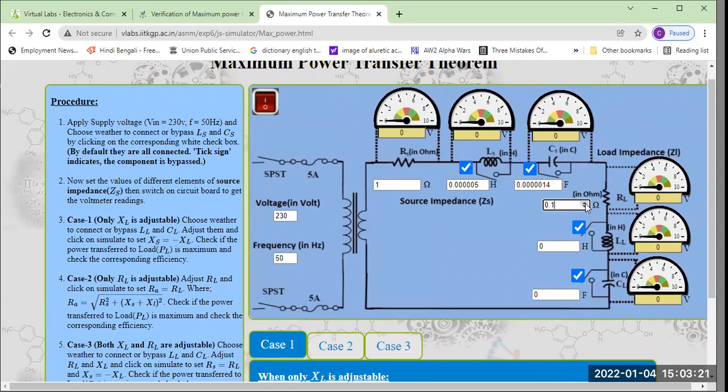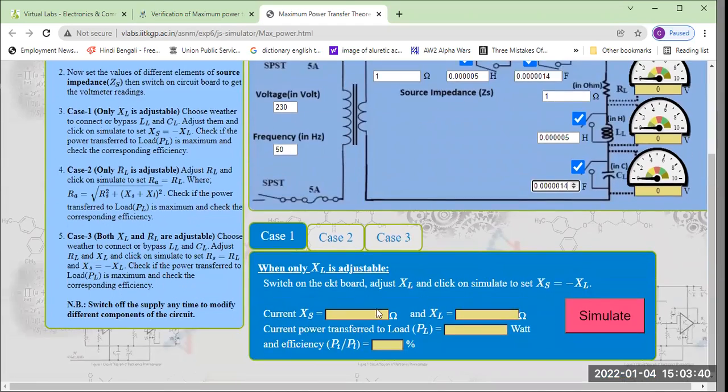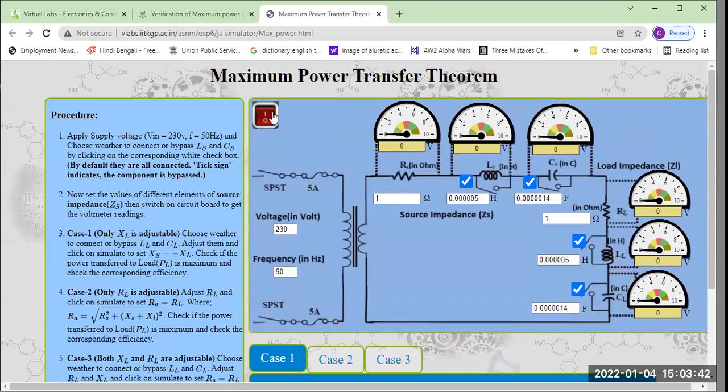Just put this is 1, 1. This is 5. This is, we have given. Okay. So if I simulate it, just put,